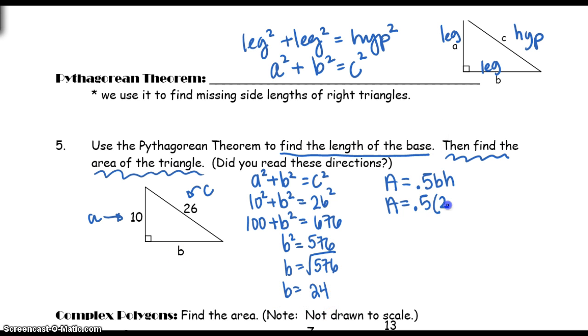It's 24. So 24. And then what's the height? Well, that's our A over here, right? That's the height of the triangle. So that's 10. So when we type that into our calculator, 0.5 times 24 times 10, we're going to get